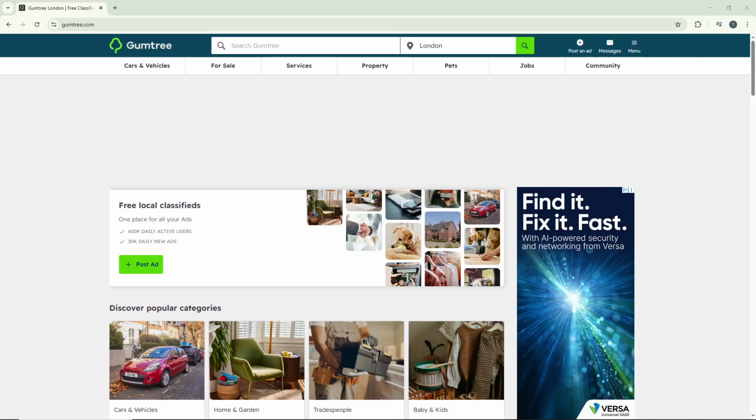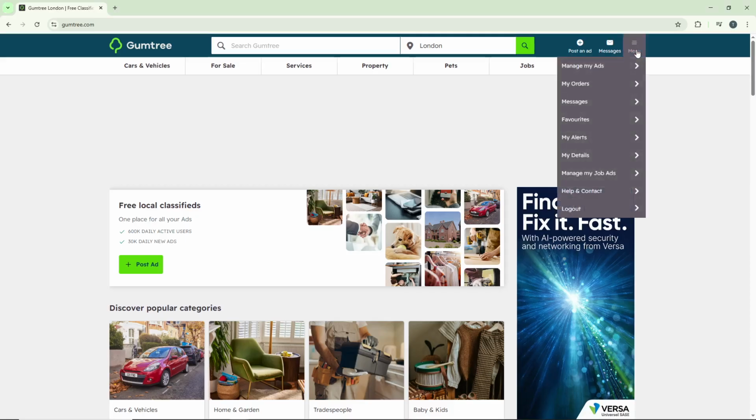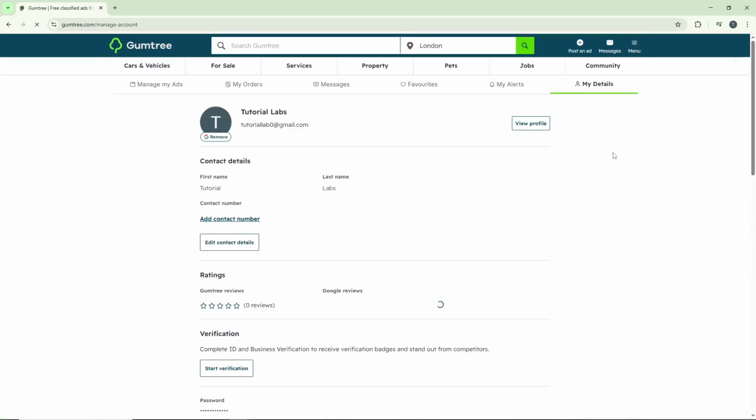After you've successfully logged in, direct your attention to the top right corner of the screen. Here you'll see a menu icon. Click on Menu to reveal a drop-down with various options. From this list, select My Details. This section is where Gumtree stores all your personal information and communication preferences, so it's the perfect place to start